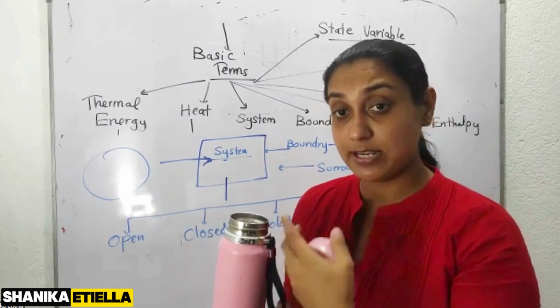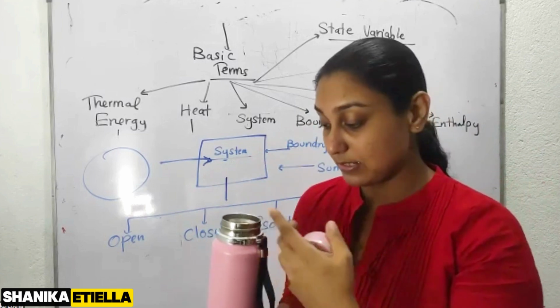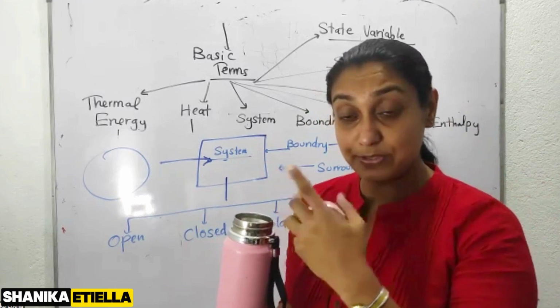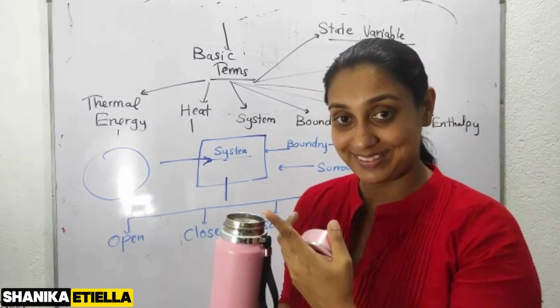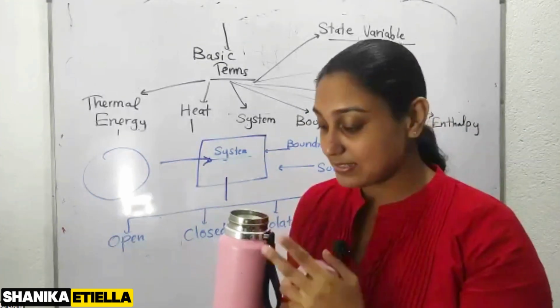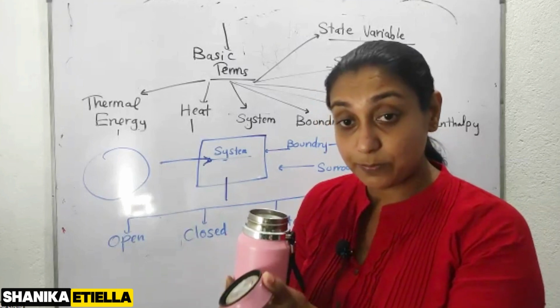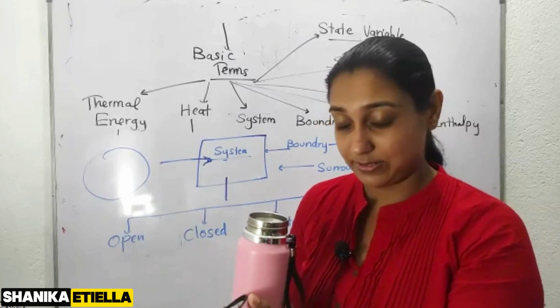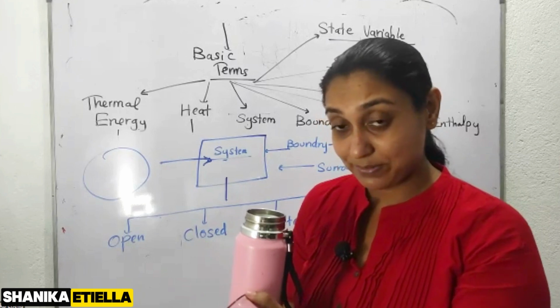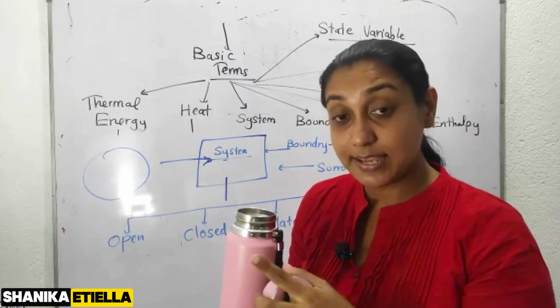Water vapor evaporating means it can exchange matter with the surrounding. Right? And at the same time, I can feel the warmth of the body boundary, which means it exchanges energy